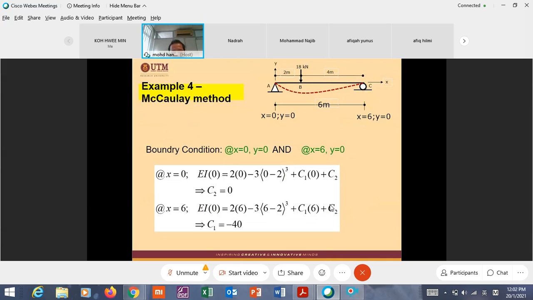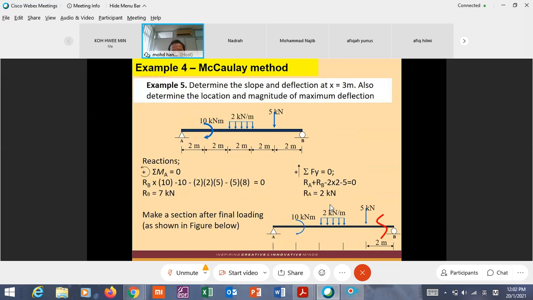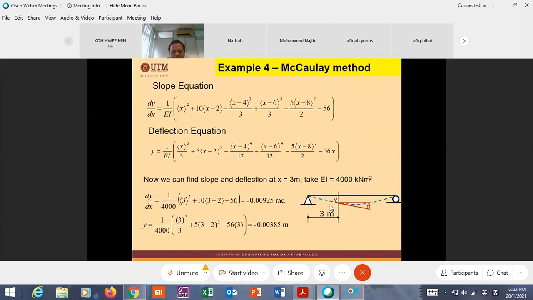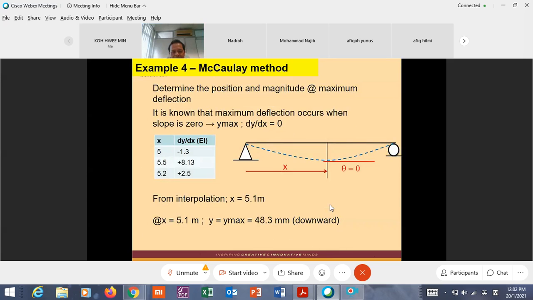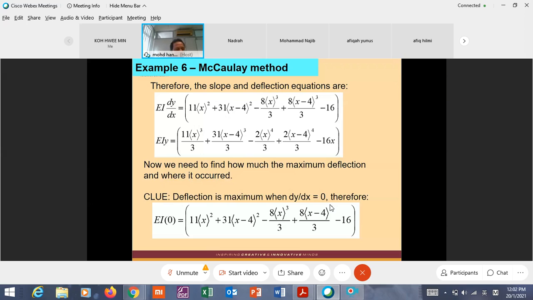Now I think we have finished beam deflection, unless you have any question. Maybe before we go to the revision on truss analysis,